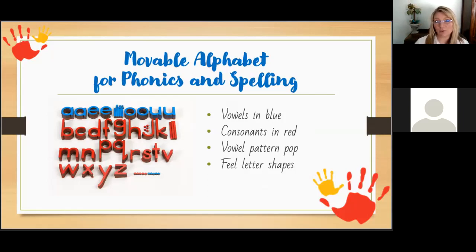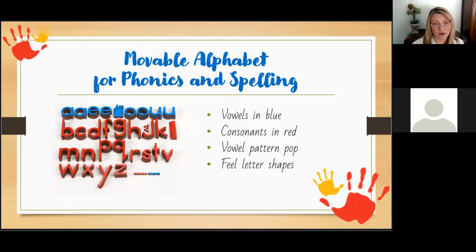So that is reinforcing how that letter is created and the placement of that letter in the word. So this is going to be better even than a letter tile for that tactile learner. So not only are they going to be able to move that around, but then actually feel the